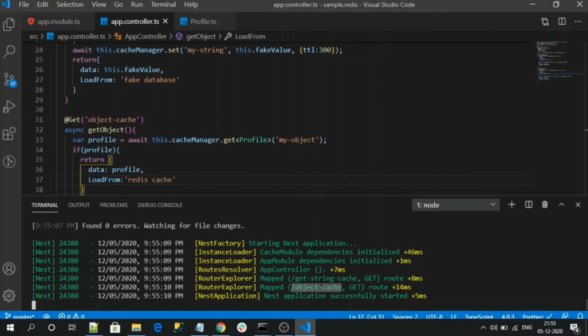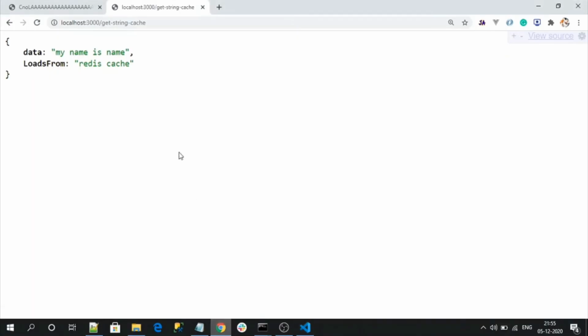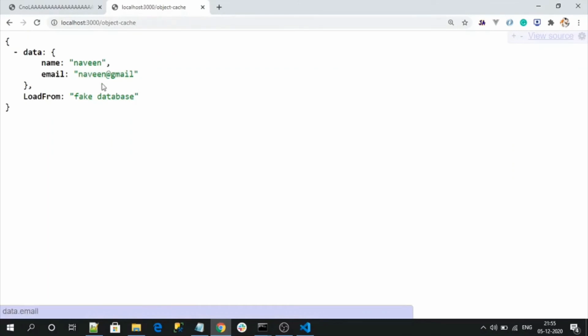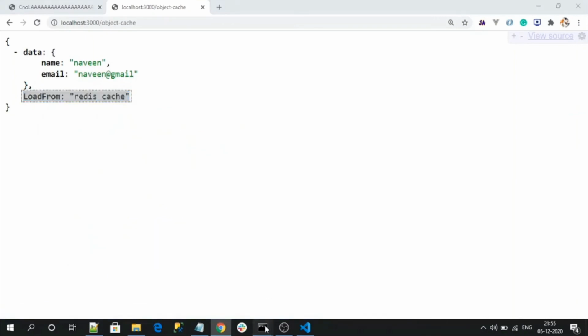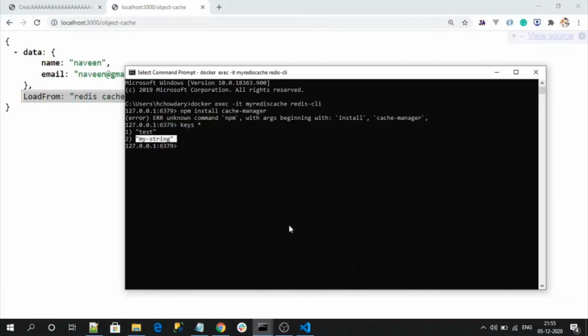So let's try to access this endpoint. See, here it is the first time read. It will load from the database. Again refresh the page. See, now it is loading from the Redis cache. Let's confirm from the CLI.